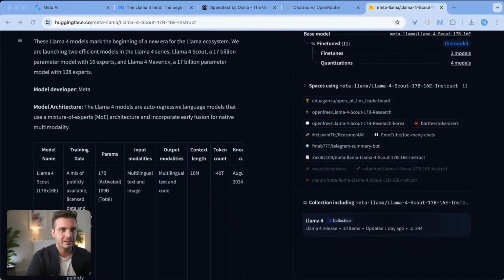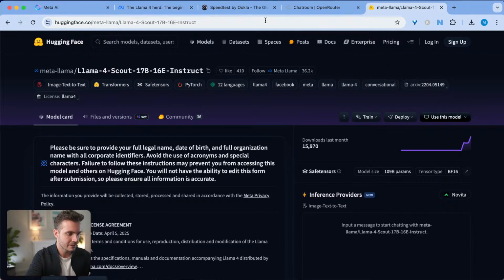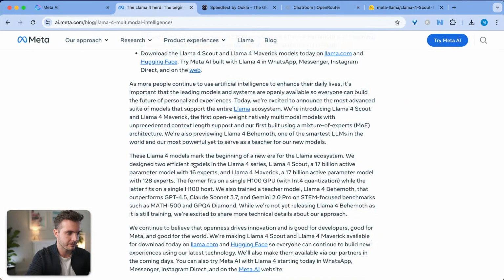Coming back here. One second here. All right. Coming back to this model, let's actually go through this here. What I wanted to cover is